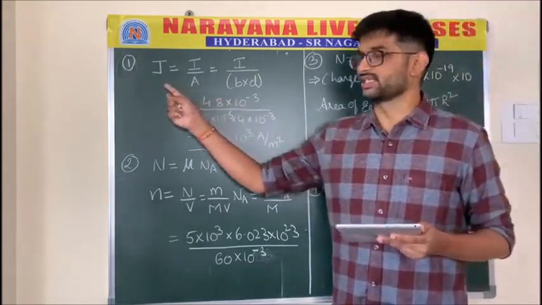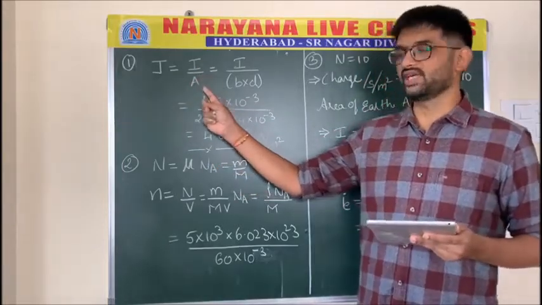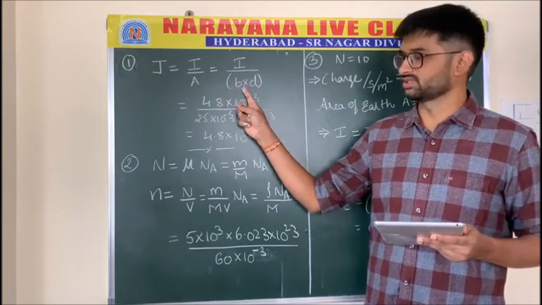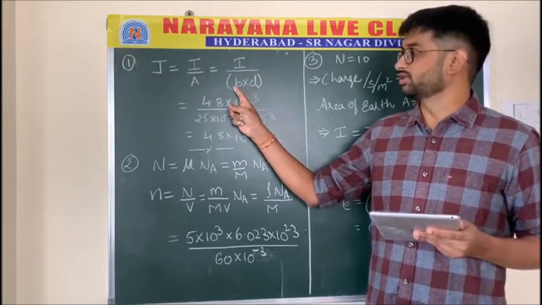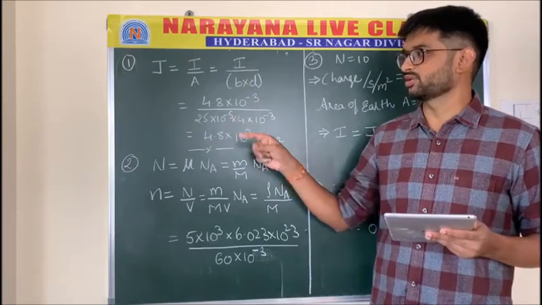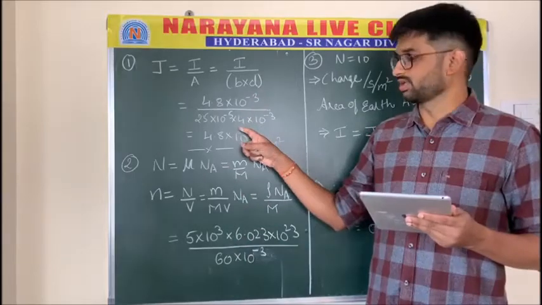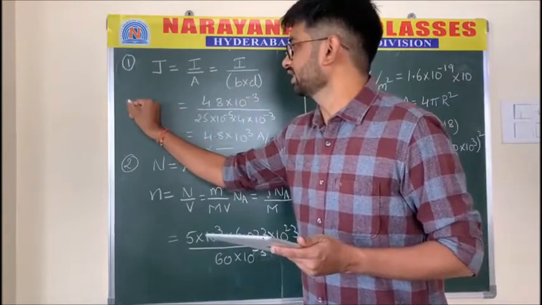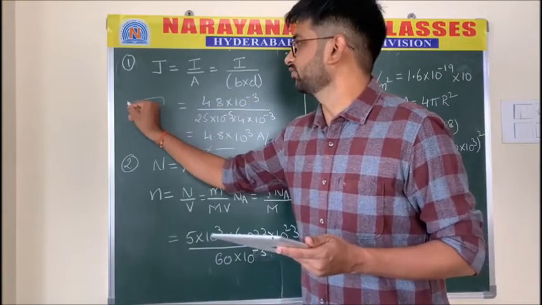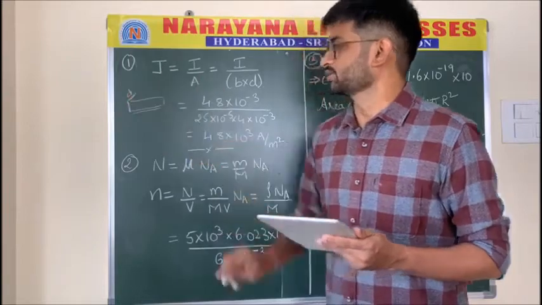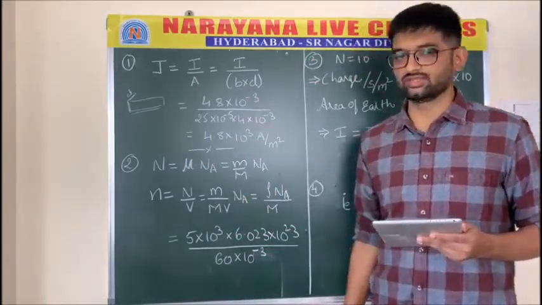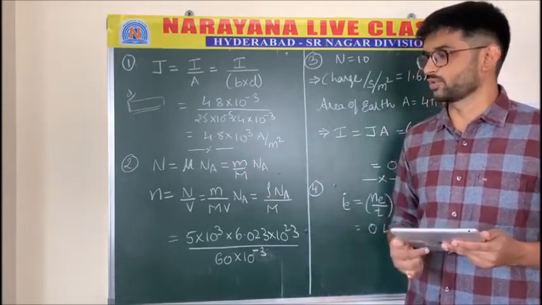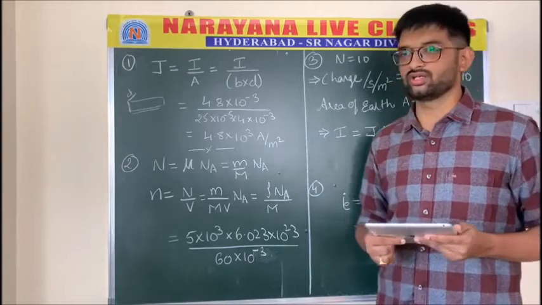So as you are asked to find out current density, we know current density is I by A, where A is nothing but B into D, out of the given dimensions. That is, B is 25 into 10 to the power of minus 5 and D is 4 into 10 to the power of minus 3, because the current is entering at this end. This is the length, so this will be B and this will be D. So B into D will give you the area of cross section. Hence I, B, D values are substituted to get the answer as 4.8 into 10 to the power of 3 ampere per meter square.